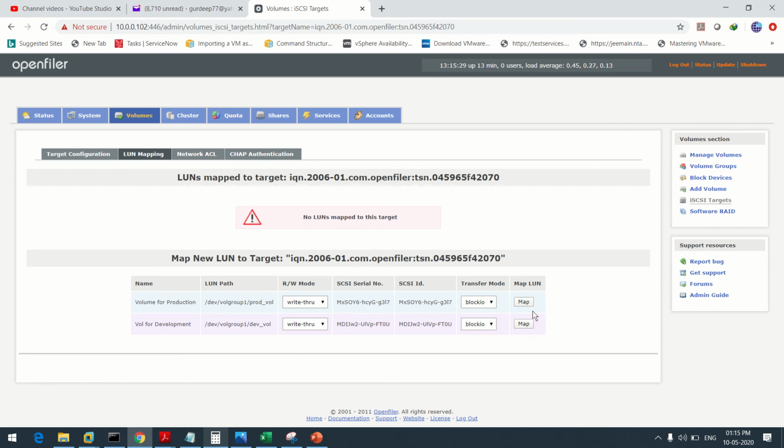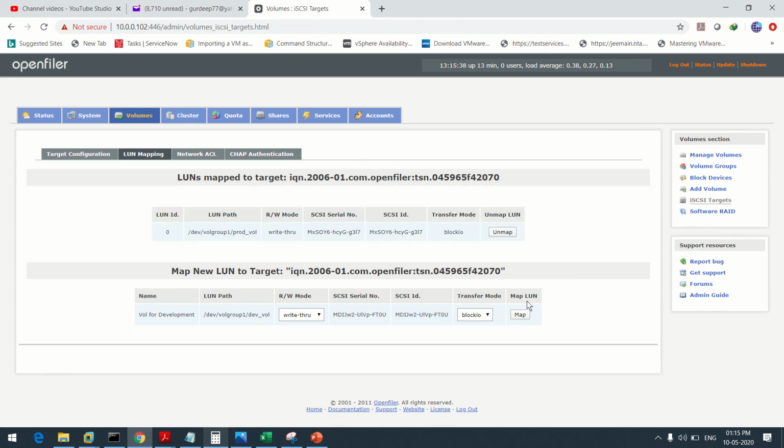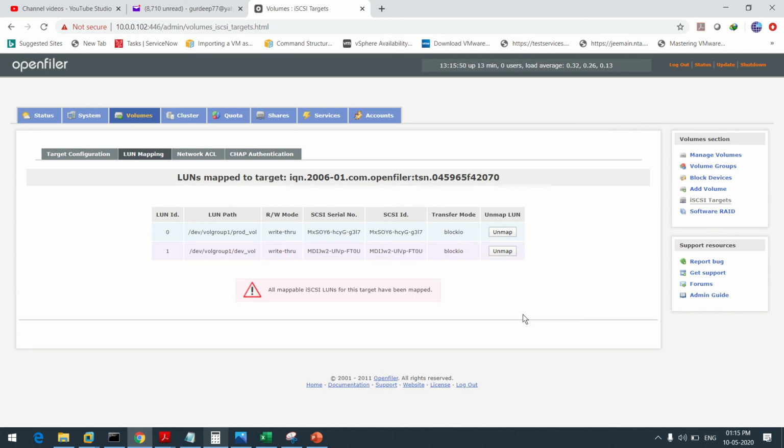So just click on map. Now your prod volume has been mapped to the LUN ID 0. Again click on map for the second volume, that is your dev volume. So this volume has been mapped to the LUN ID 1.